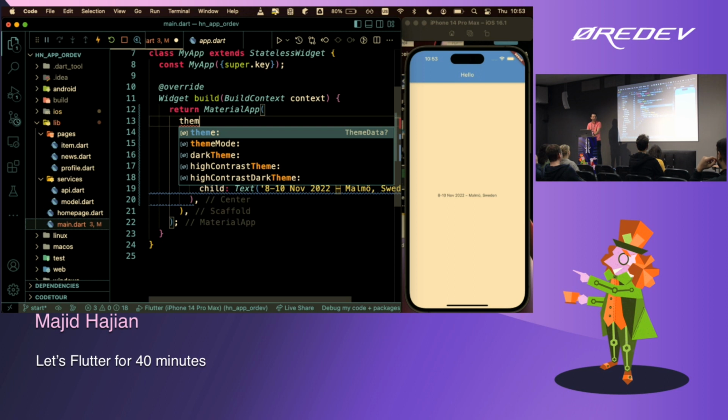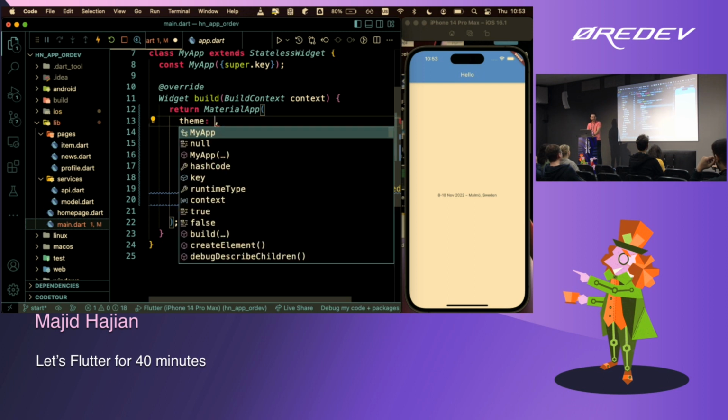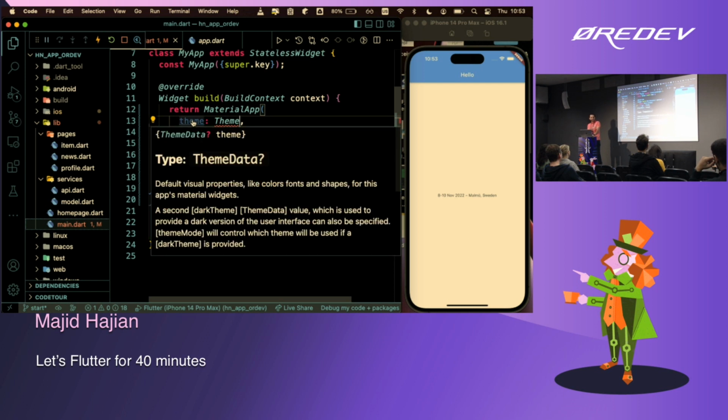So what I can do here, I can actually go and say I need a theme, and well, again, I don't know how I should do that, but I see in the definition it says there is actually a theme data. The question mark after the type means this could be null. Dart is a sound null type safe language, which means if you want to say this is null, you need to explicitly say that.